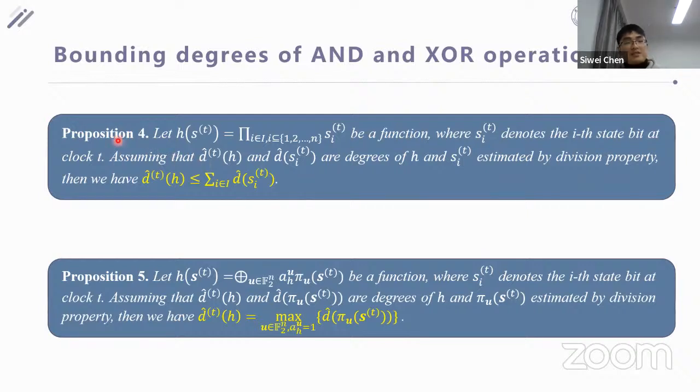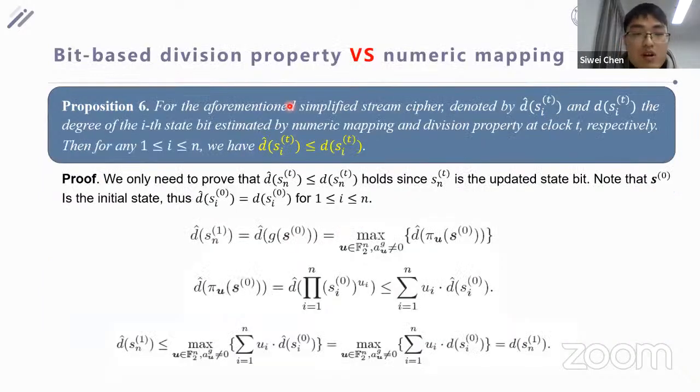Proposition 4 indicates that for a monomial, its DP degree is no more than the sum of the DP degrees of the involved states, and proposition 5 indicates that for a polynomial, its DP degree is the maximum of the DP degrees of the constant monomials. Based on the two propositions, we have this conclusion: for any state bit at any clock